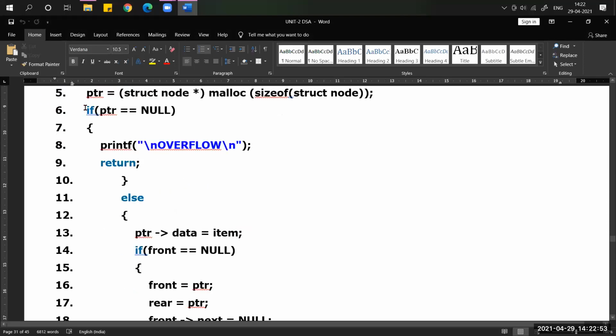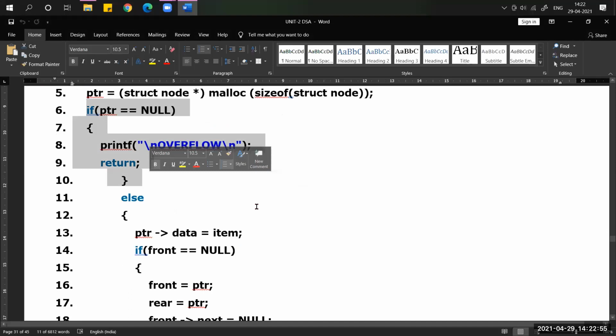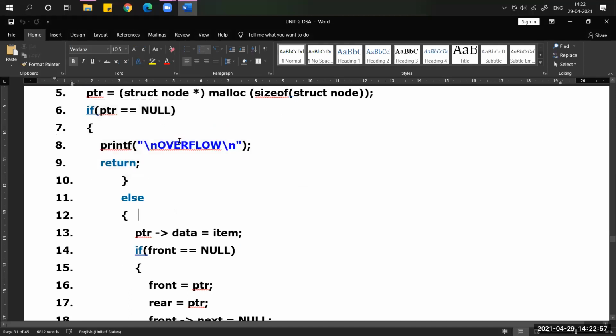If you want to insert, first you have to check whether there is space or not. If PTR equal to null, it means at this fifth line memory is not allocated for a new node. At that time it will simply display a message that the queue is overflow.